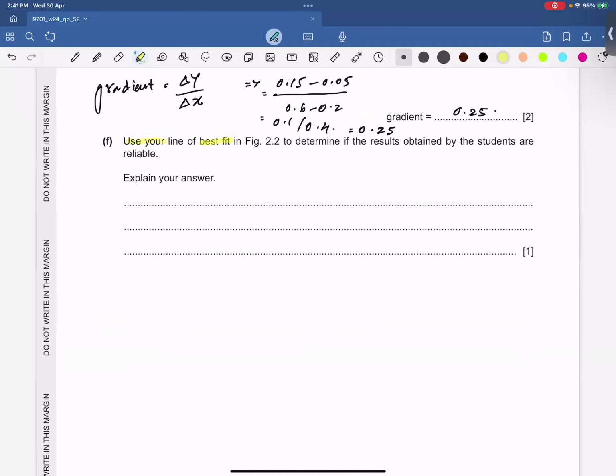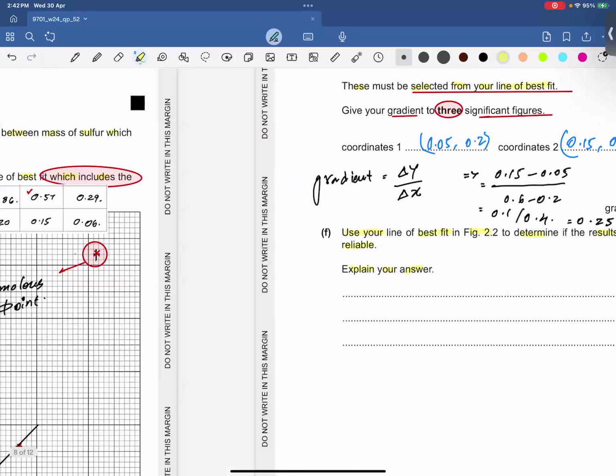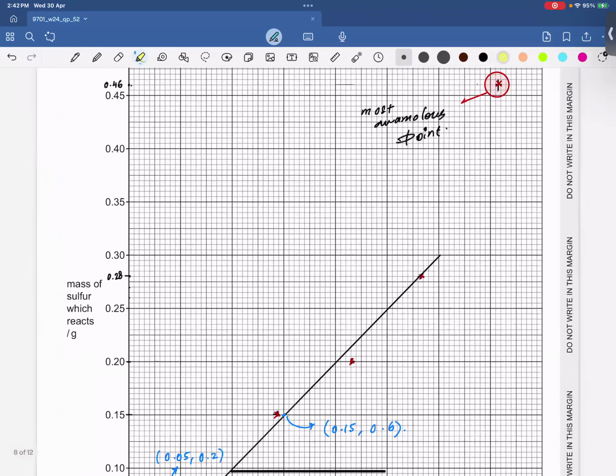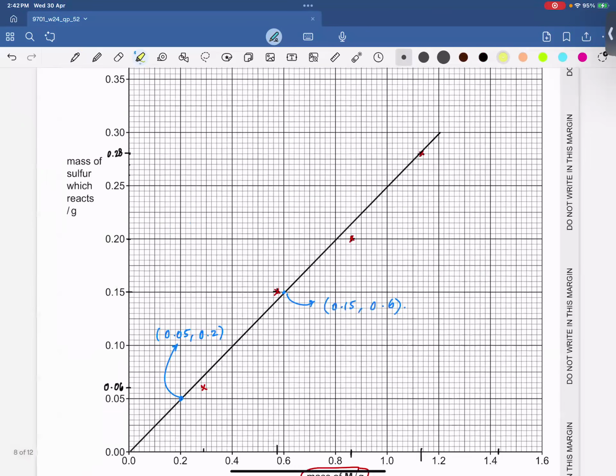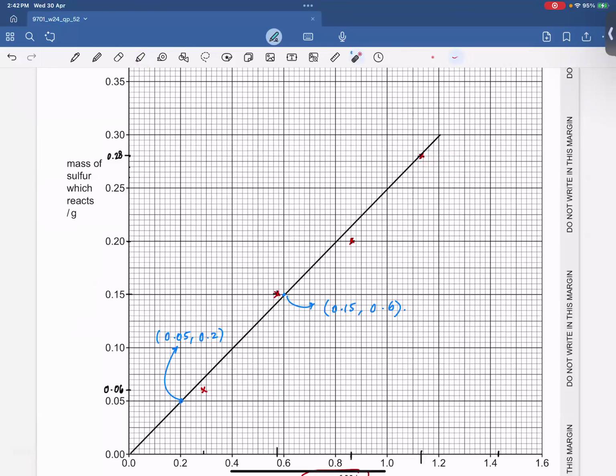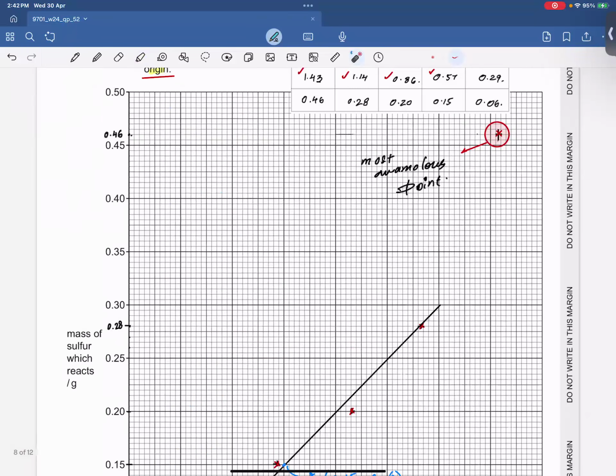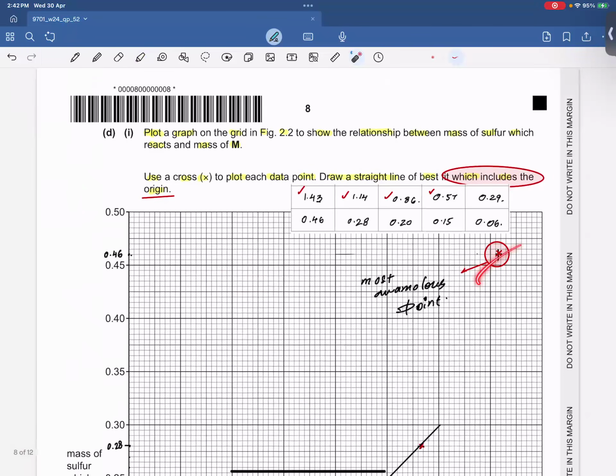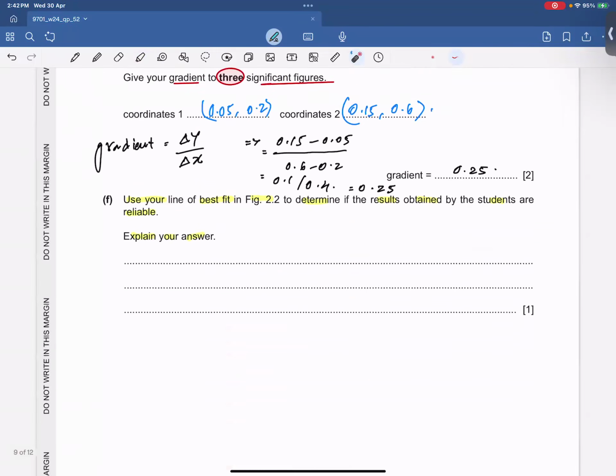Use your line of best fit in figure 2.2 to determine if the results obtained by the student are reliable. Explain your answer. Reliability जो है वो I don't think so कि इतनी ज्यादा कोई मुझे खास नजर आ रही, because ज्यादातर पॉइंट जो है वो लाइन ऑफ बेस्ट फिट के ऊपर एग्जिस्ट नहीं करता है. राइट, सही है ना, सिर्फ एक पॉइंट लाइन ऑफ बेस्ट फिट के ऊपर है out of 1 2 3 4 and 5. तो मेरे ख्याल से हम लिखेंगे not reliable at all